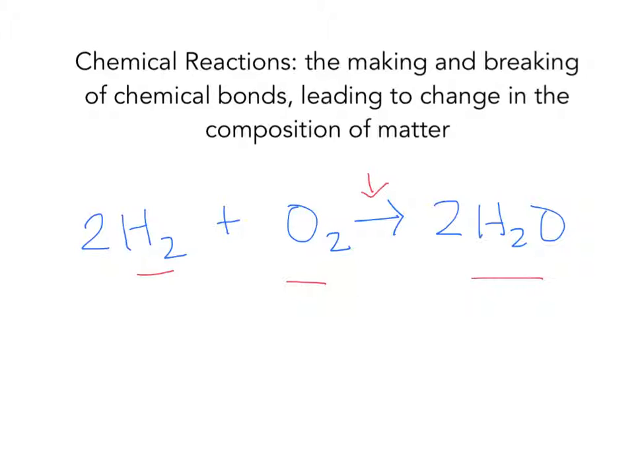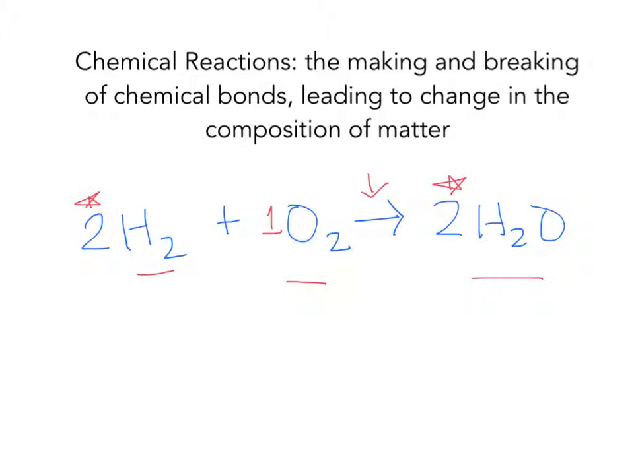The coefficients 2 and 2, and for oxygen there's a coefficient of 1 that's implied, indicate the number of molecules involved. So for example, the coefficient of 2 in front of the hydrogen molecule means that the reaction starts with 2 molecules of hydrogen. All atoms of the reactants must be accounted for in the products because matter is conserved in